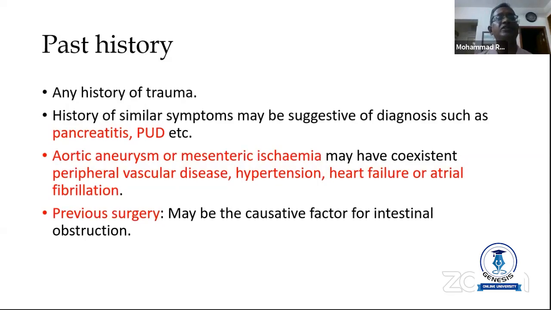In case of aortic aneurysm or mesenteric ischemia, এই ধরনের পেশেন্টের সাধারণত আপনারা দেখবেন যে পেশেন্টের পেরিফেরাল ভাস্কুলার ডিজিজ থাকে, হাইপারটেনশন থাকে, হার্ট ফেলিওর থাকে, অ্যাট্রিয়াল ফিব্রিলেশন। ইজিলি ইউ ক্যান গেজ যদি একটা পেশেন্ট হার্ট ফেলিওর থাকে, অ্যাট্রিয়াল ফিব্রিলেশন থাকে, তাহলে সেখানে একটা থম্বাস আসার কথা। সেই থম্বাসটা চলে আসবে মেসেন্ট্রিক আর্টারি, বেশি অবস্ট্রাকশন করে দিলে দেখবেন যে এখানে মেসেন্ট্রিক ইস্কিমিয়া ডেভেলপ করছে। সো পেশেন্টের যদি কোনো একটা থম্বোটিক একটা কিছু থাকে, যে পেশেন্টের হার্ট ফেলিওর আছে, অ্যাট্রিয়াল ফিব্রিলেশন আছে, কোনো অ্যারিথমিয়া আছে, তাইলে মেসেন্ট্রিক ইস্কেমিয়ার একটা চান্স থাকে।